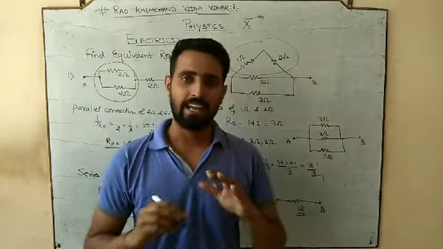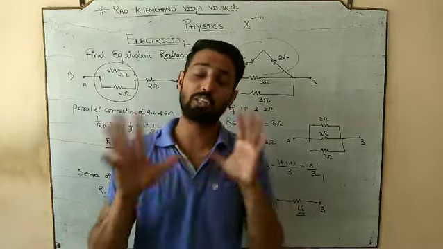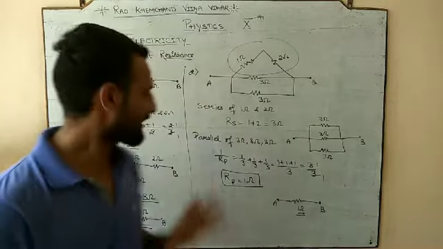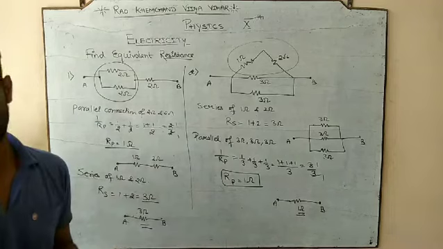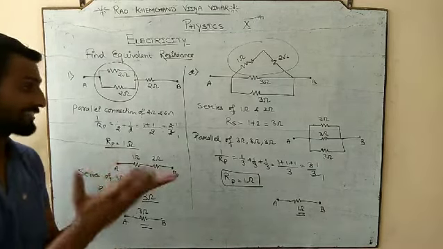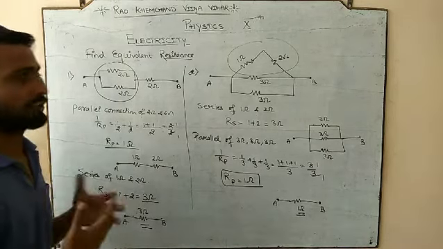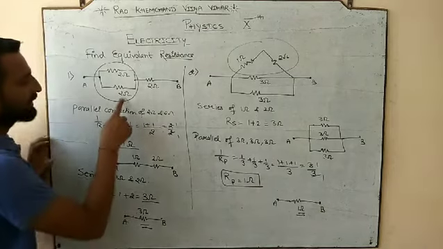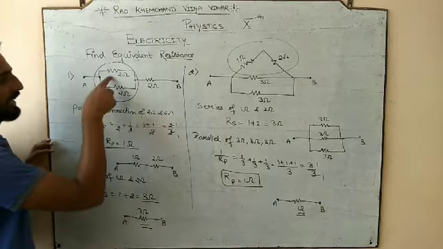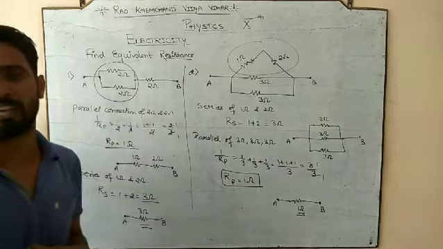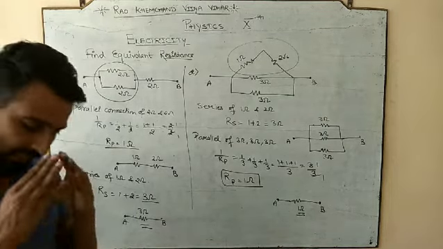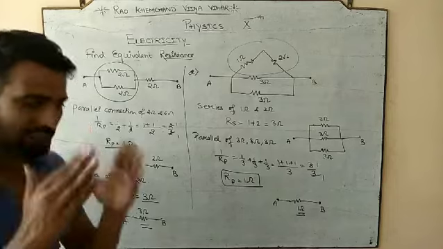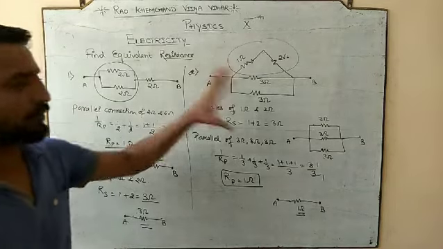There is no hard and fast calculation. It is not a very long calculation. They are simple calculations, but there are techniques of doing that calculation. If you apply the wrong procedure, if you take these two and these two in series and then in parallel, this problem will happen. So you have to be very precise with your plan, and you have to practice all the numericals that I am going to give you.